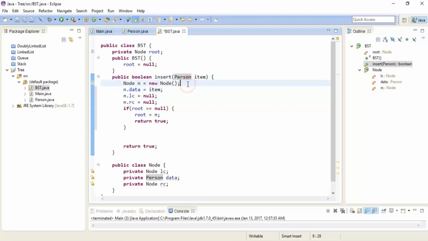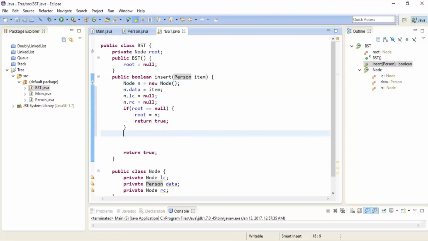If the name starts with A and the name starts with B, the A is less than B. So it means that the name that starts with A should be on the left side and the one that starts with B should be on the right side. So I'm going to check out the greater and equal properties for the binary search tree, and it's going to be alphabetically. Okay, so now let's first get the reference of